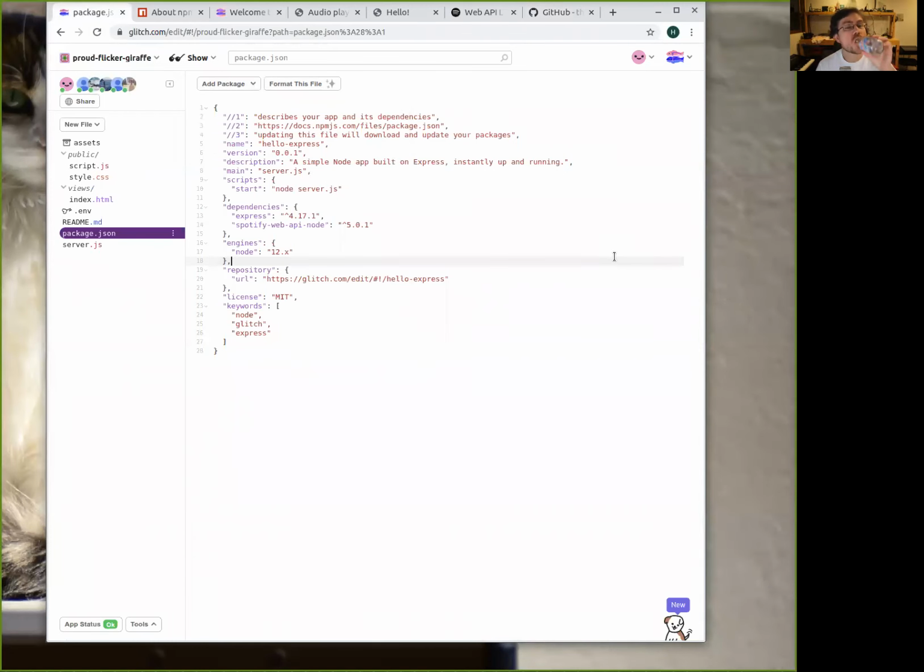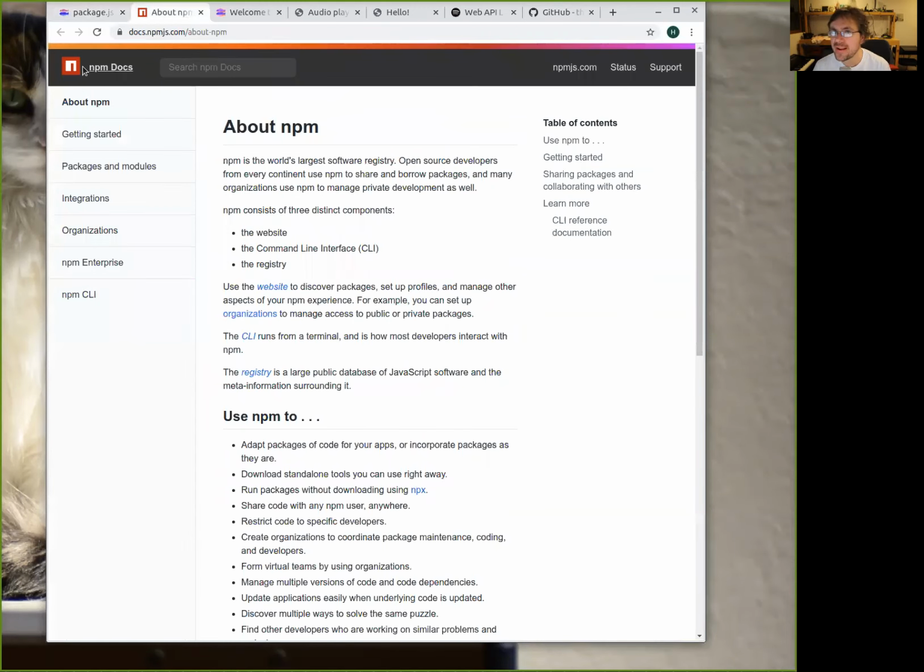Excellent. Wait, I got a little bit lost in this last part. Okay, let's put it in this way. Glitch helps us to do things faster, okay? This is just one small detail. The technology of the packages for Node is not related with Glitch directly.